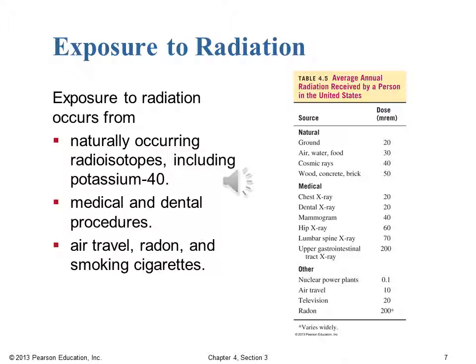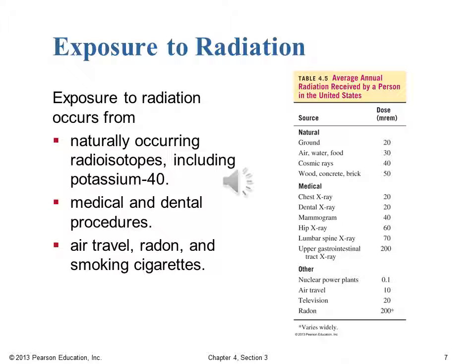Alright, so if radioactive decay gives rise to energetic particles or waves that can be damaging to living tissue, human tissue in particular, we tend to be concerned about, we want to think about our exposures. And so exposure to radiation happens from naturally occurring radioisotopes, including potassium-40, which is a particularly important one. And there's not much we can do to stop that. It's out there in nature. There's these varying number and types of decay processes that happen as a result of just naturally occurring